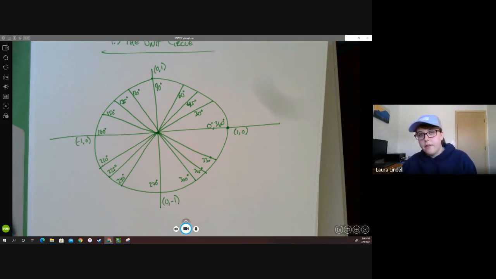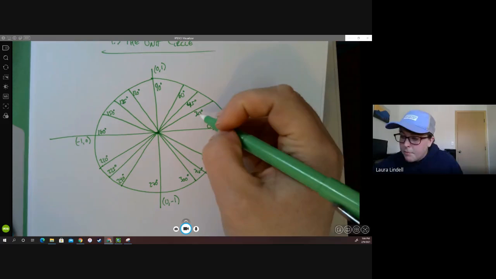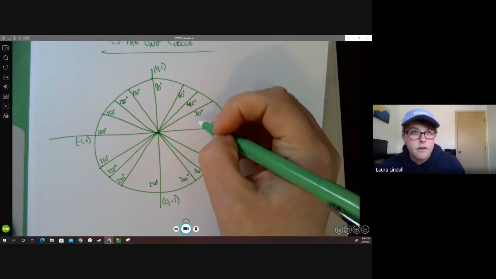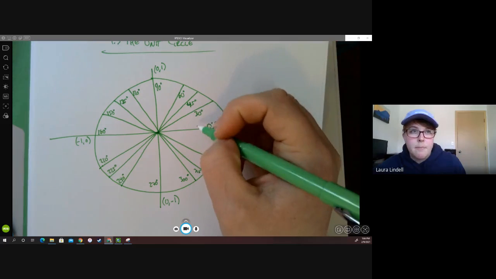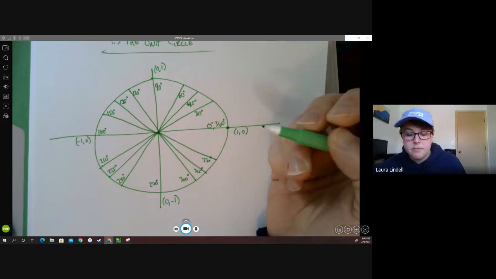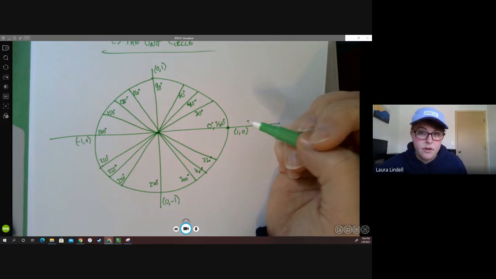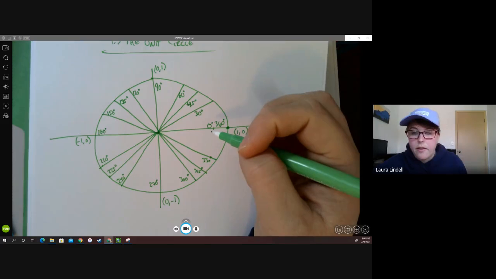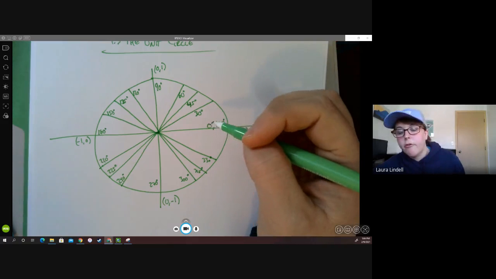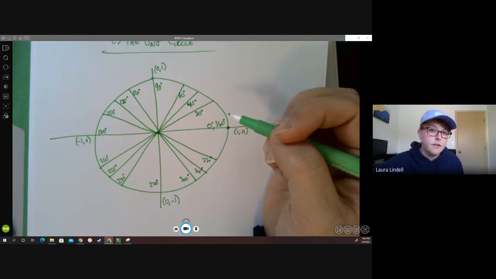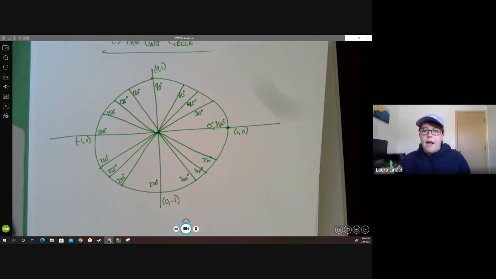One way that you can think of it is in the same way that these gaps were 30 degrees. The larger gaps are pi over 6 radians, because pi over 6 is equal to 30 degrees. And then the smaller gaps are pi over 12, because pi over 12 is equal to 15 degrees. But then that involves a lot of adding fractions and whatnot. So another way that you can think of it